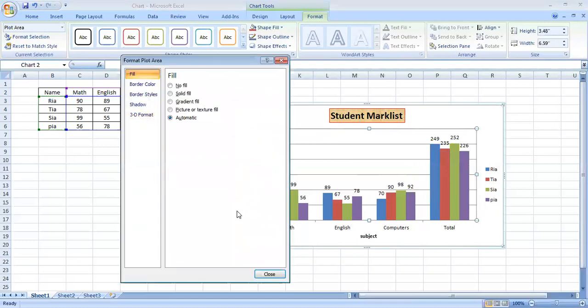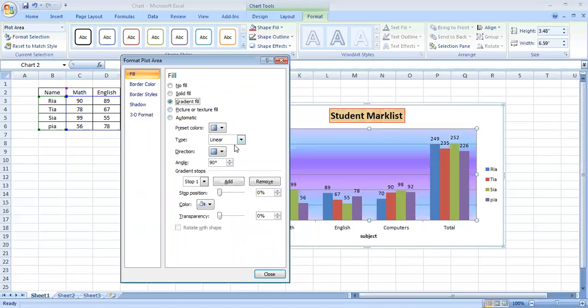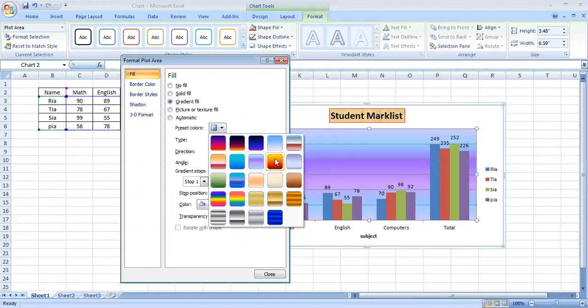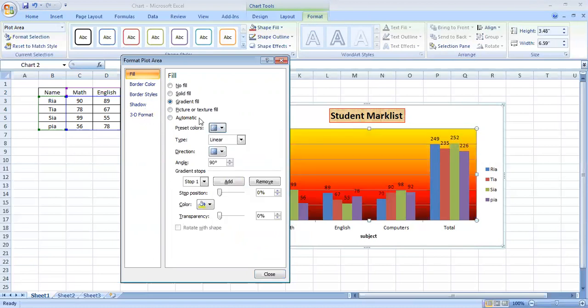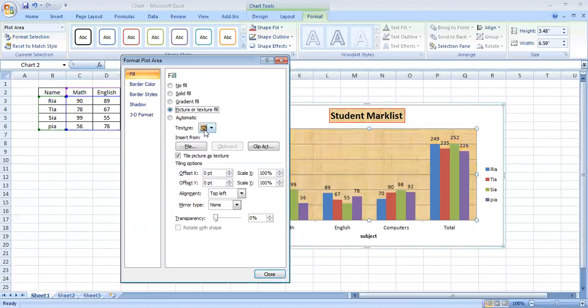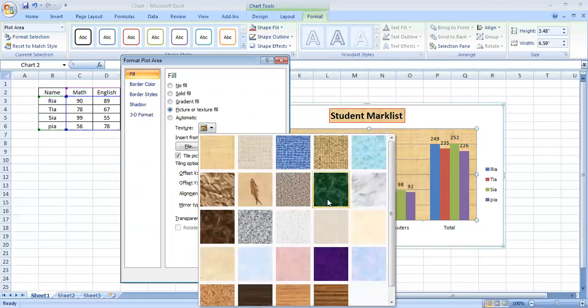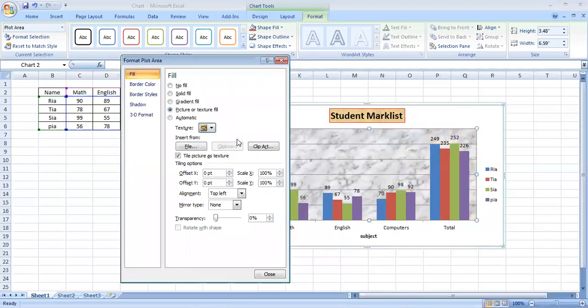Again, the same thing will appear, and it will ask whether you want to change the color or gradient, or you want to add something else. So first I will show you how to add a gradient. See, I have added a gradient here, which I can change if you want. It has become brighter. Instead of gradient, if you want to add some texture, of course you can go for it. See, there are different textures available, so you can go for any texture. Okay, and you can change the settings of the texture, how dark or how transparent you want. So you can go for that. Again, you have 3D and shadow formats, and you can go for that also.